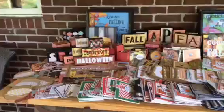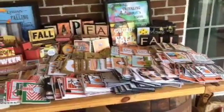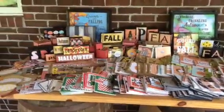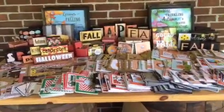So yes, this project did take me several months, but look at what I got. I mean, this pad has been sitting in my stash for several years, and look what was waiting to be made. So I hope that you guys have gotten some inspiration from this series,